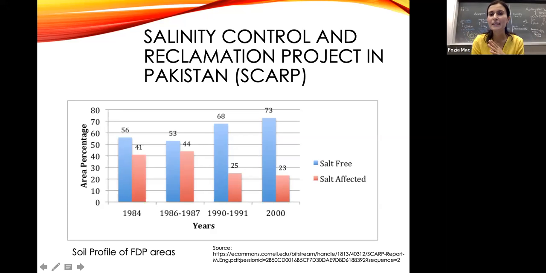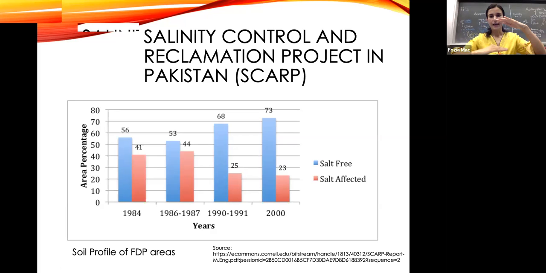So you know something. Basically, before salinity, there is a problem of waterlogging. We studied the water table in the hydrosphere, right? We said that at a certain level in the ground, there is a water level past which there is a saturated zone from which you can extract groundwater and bring it to the surface and use it. And because it's naturally filtered, it's very pristine. Now, what happens with waterlogging is that